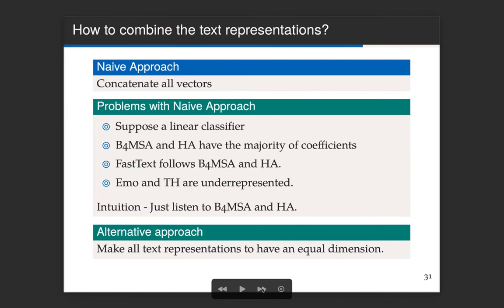FastText, on the other hand, has 300 coefficients, and emoji space and thumbs up are really underrepresented because they only have 66 coefficients. So what the linear classifier is going to do is only listen to the bag of words models and the human annotated data set, and the other three representations are useless.